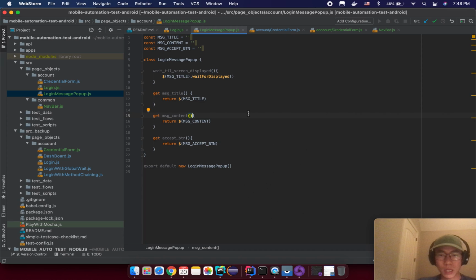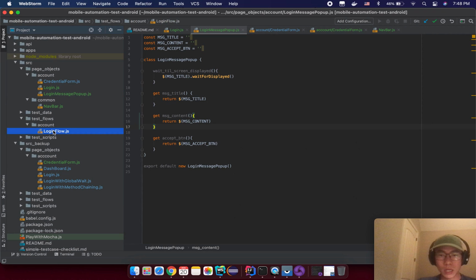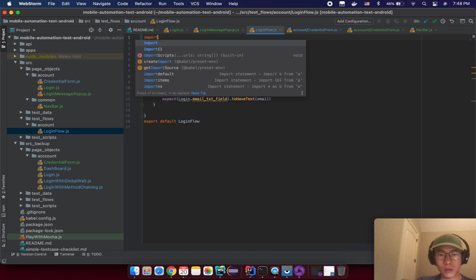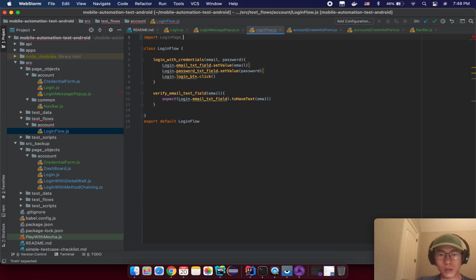So now the next step that we need to do. So we have login navigation. Okay, let's create a test flow. We already have the login page for the login flow here, right? So we import from page objects accounts login. Let's do it again. Import login page from dot slash